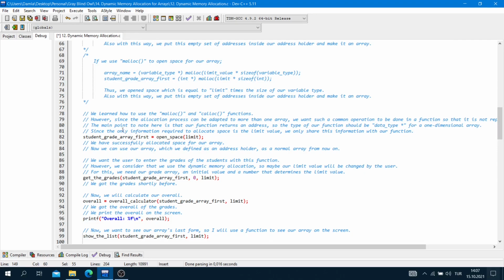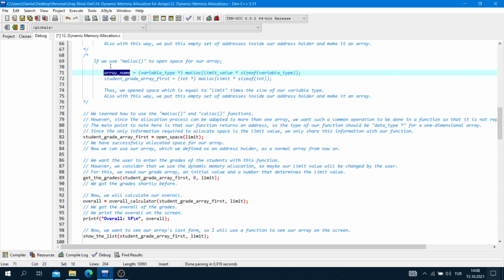The main point to note here is that our function returns an address. This function actually returns us an address, and we put it here.